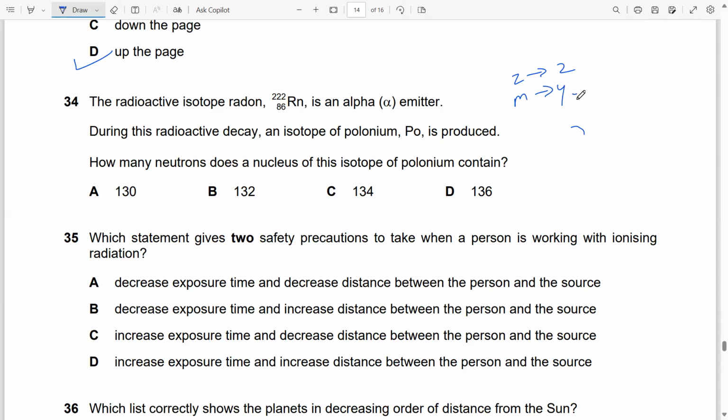Mass number contains proton plus neutrons. Proton here will be decreasing by 2, so neutron will also decrease by 2. Earlier, the neutrons are 222 minus 86. So now neutron will be